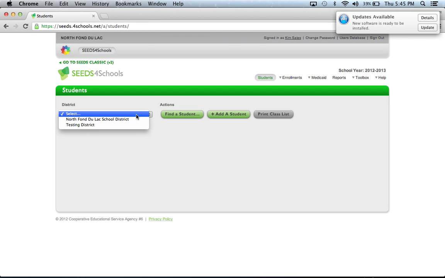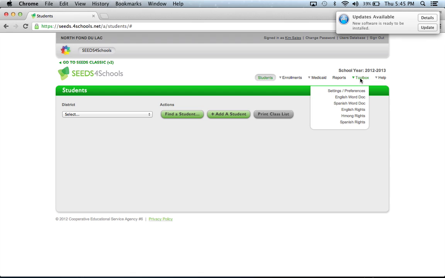Okay, in the Toolbox back up on the right, you can see there are settings and preferences where you can have the words in English, Spanish, or Hmong, and you can set these up in your preferences underneath the Toolbox here. Now going on,